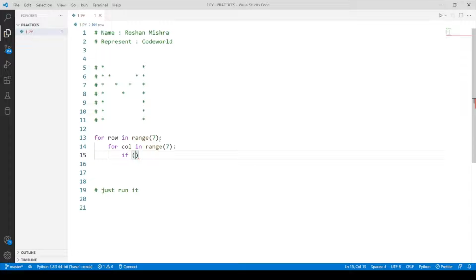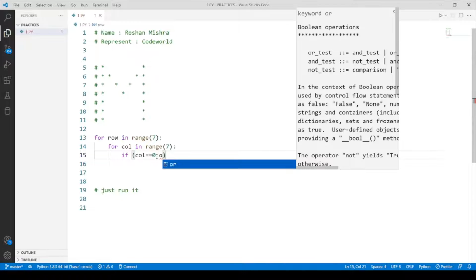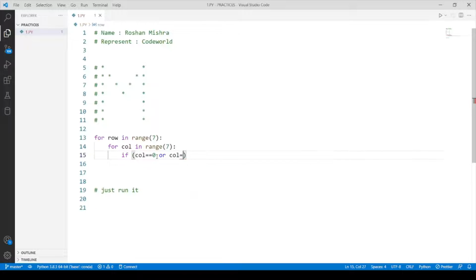If our column equals 0, this is our zeroth column, this full straight line, or column equals 6, which means the last column, these stars, then print asterisk.